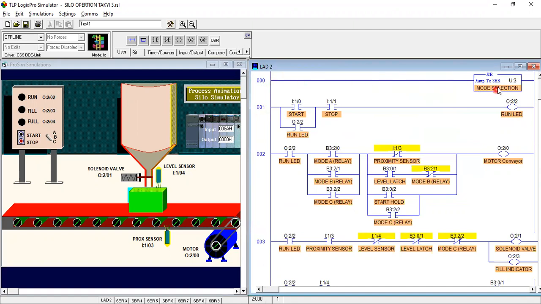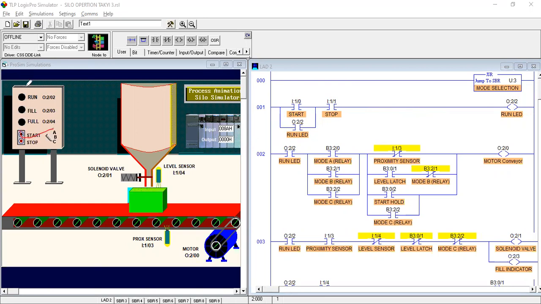In the first rung we control our mode selections, and in the second rung, when you press the start push button, it sends the power supply to our run LED, so it will be turned on. And this one is the holding part. This address and this address are the same, so this is the holding part of the red light.